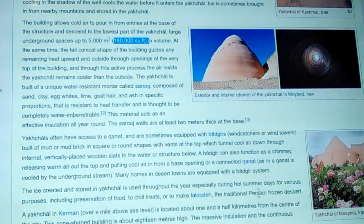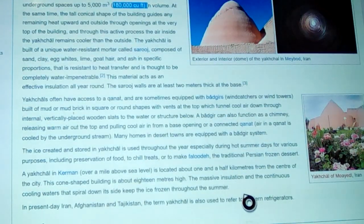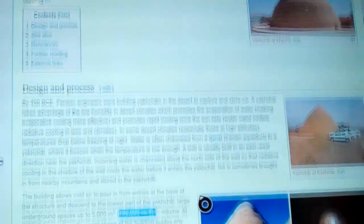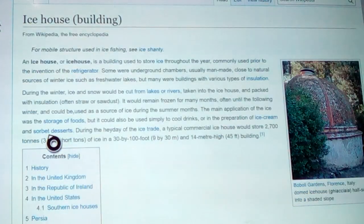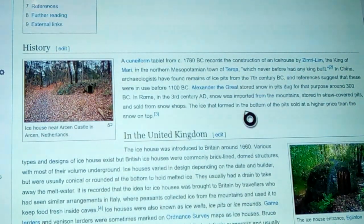It's amazing. There's some tales that talk about them being able to make ice in ancient times and even in the Sumerians. And there's one where he's boasting about it, and I thought it was mentioned here, but let's see. It might be back on this page. A cuneiform tablet from 1780 BC records the construction of an ice house by Zimri-Lim, the king of Mari, in the northern Mesopotamian town of Terqa, which he says never had any king built before. In China, archaeologists have found remains of ice pits from the 7th century BC, and references suggested that they were in